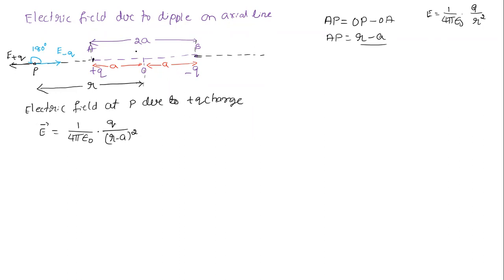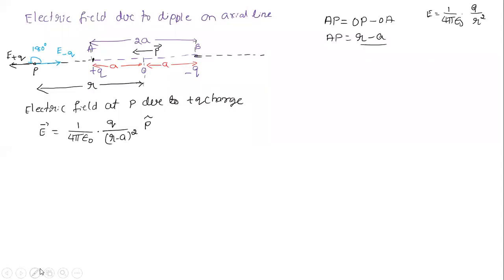Now, what is the direction of the electric field? Look at it now. The electric dipole moment is in this direction, let's say P vector, from negative to positive. So the electric field due to the positive charge is along the electric dipole moment, right? So I can say it is just P cap. Why am I taking P cap? Because the electric field is in the direction of the electric dipole moment. We take P cap.